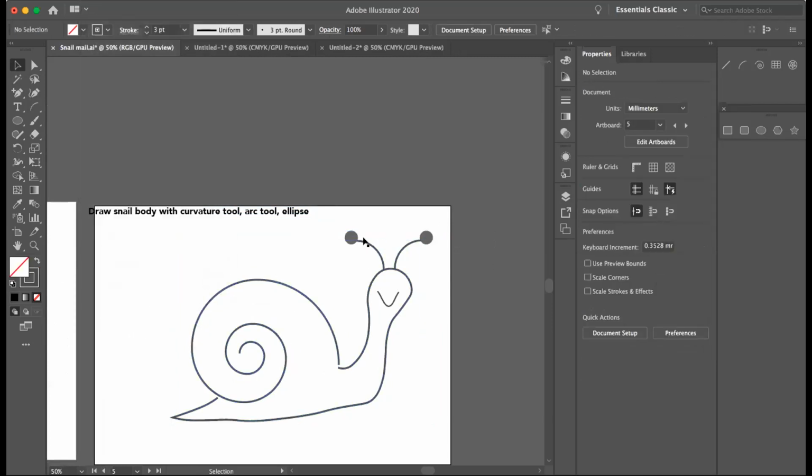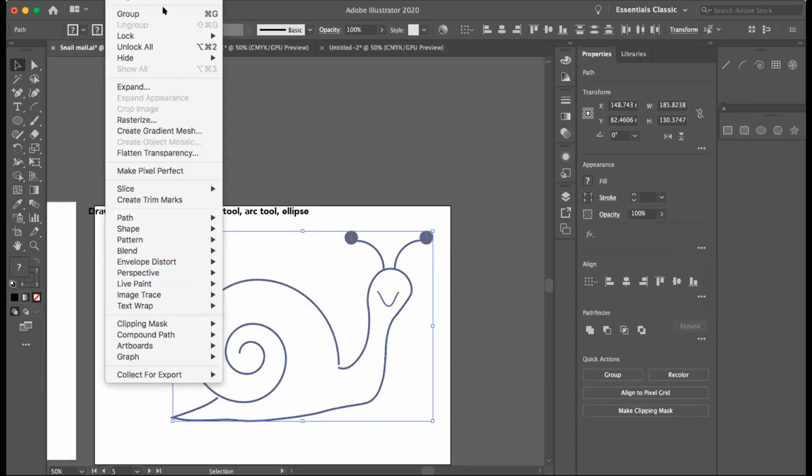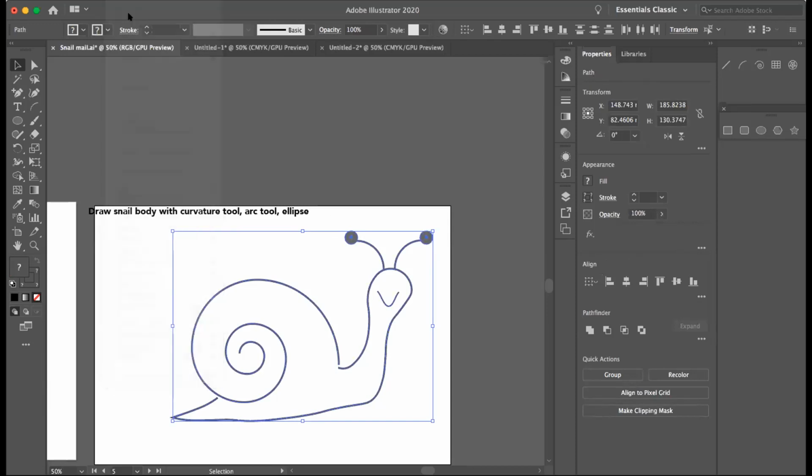I'm going to start over. I want to make sure I get all of the shapes that I put together. So the spiral, the curvature tool, and then the arc and the ellipses that we just drew. With all of these selected, I'm going up to Object, and I'm going to select Group. And now it's put all of these into one piece,